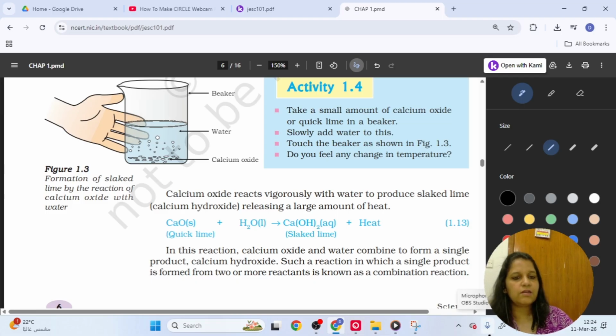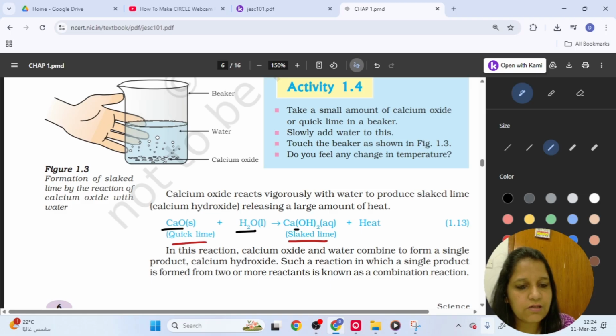Now see, this is a reaction given for combination reactions. Like carbon dioxide, when combines with water, it forms calcium hydroxide. The common name of calcium hydroxide is slaked lime, which is very important and we need to revise it. Keep revising the things. Like calcium oxide, it is also known as quicklime. So what is the activity? You have to take small amount of calcium oxide. So calcium oxide लेना है हमें small amount में, and then या क्विक लाइम हमें लेना है. सो क्विक लाइम एंड कैल्शियम ऑक्साइड इज वन थिंग.